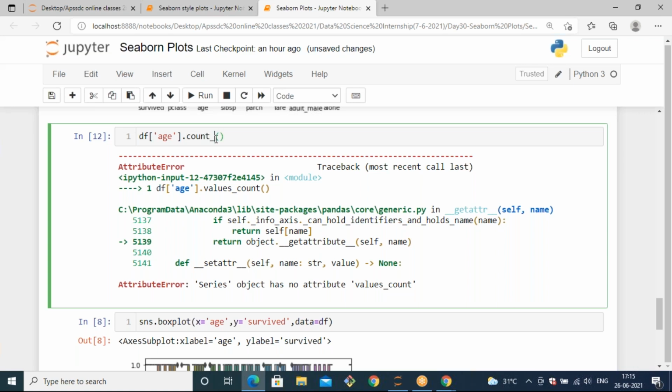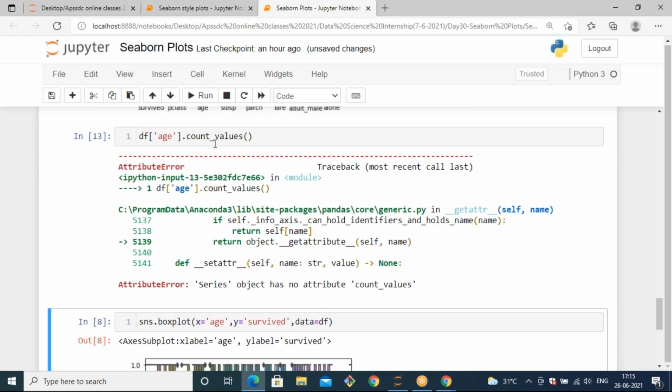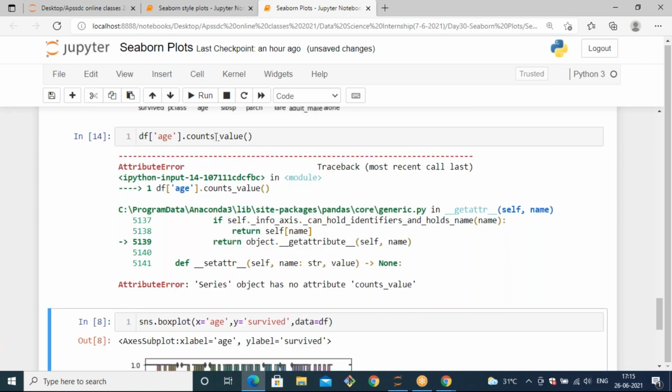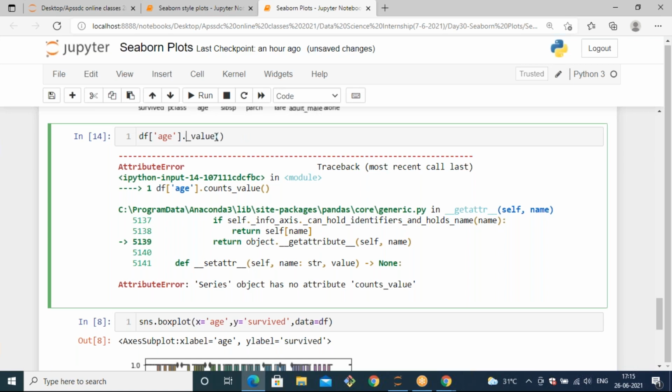The method is value_counts, right? Every time I'm confused with this method. Values are counts, counts are values. Dot value_counts.